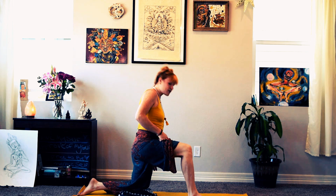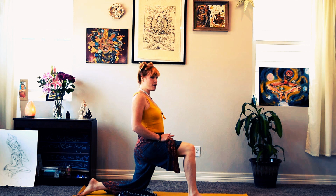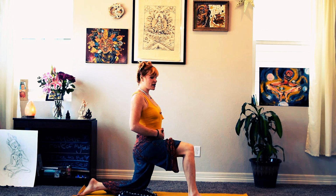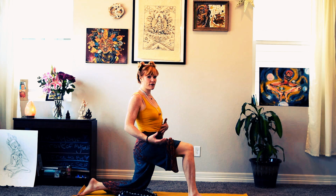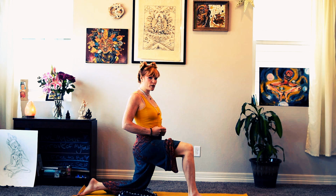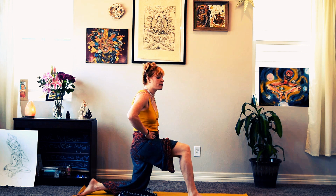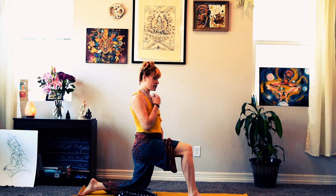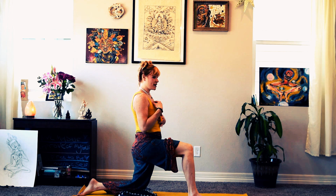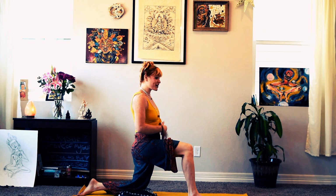Being aware if that leg or the hip that you're supporting on is turning out or turning in, really using that core engagement. And in yoga, we actually have bandhas or locks. The first one is where our genitals meet, our anus and then our genitals, so squeezing there. And then the second one is our tummy, which is the one that we drop most often. And then the third is under our chin. So just imagining like a line that's zippered up. And if that sounds a little bit crazy to you, just really engage the core